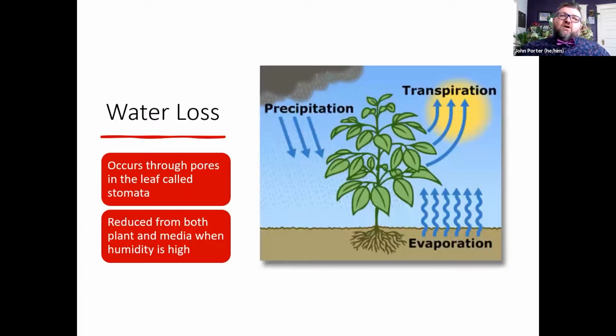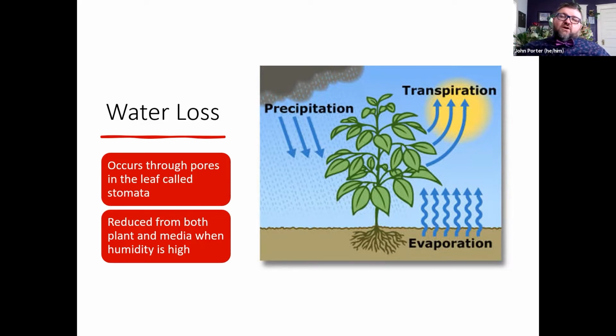So plants lose water in a few different ways. Mainly it's transpiration, where the pores open, called stomata, and they transpire. So it lets out water vapor, because the stomata open so it can take in carbon dioxide and let off oxygen during the photosynthetic process. But also they lose water vapor. That is what actually lets them pull water up from the roots. So we have to have that process. It's like a big straw pulling stuff up.